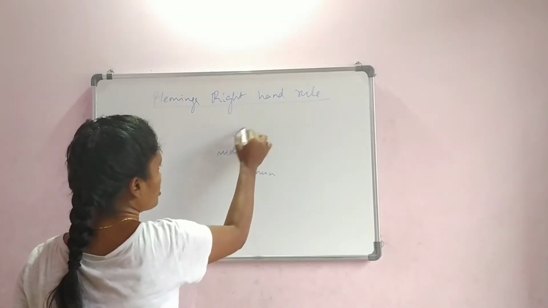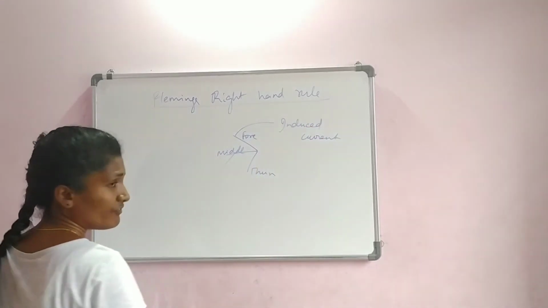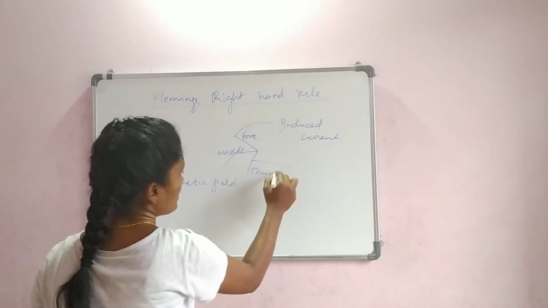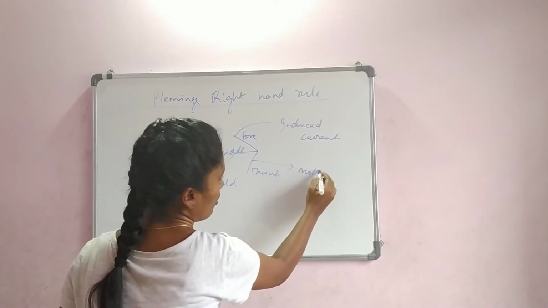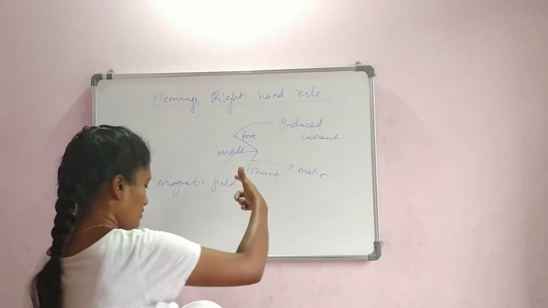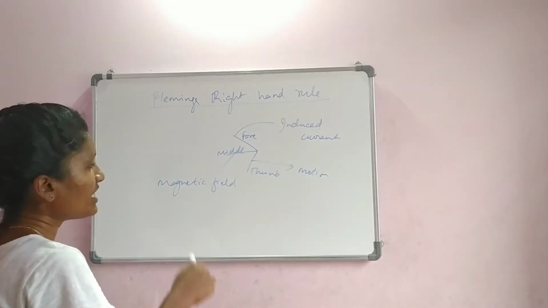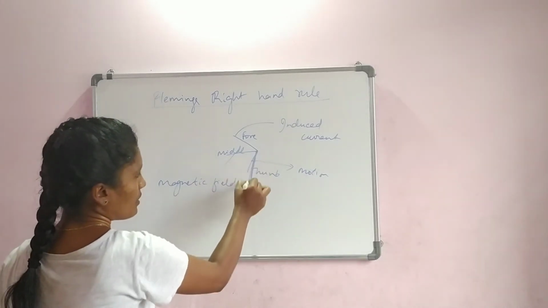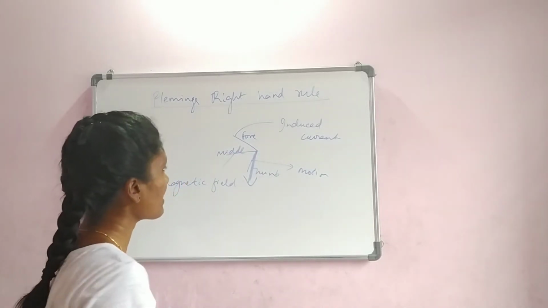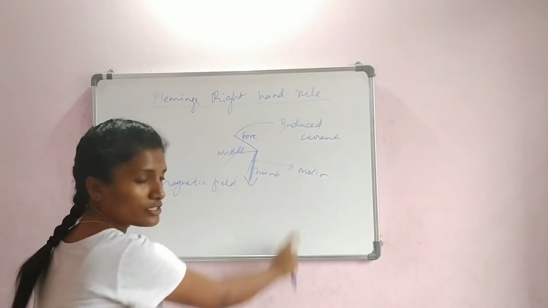Here, the forefinger shows the induced current, your middle finger shows the magnetic field, whereas the thumb shows the motion or the mechanical force induced in the field. Understood? So it is this way. Now, the mechanical force is downwards to both the fields. Both the induced current and the magnetic field have an opposite and vertically downward direction to this motion.